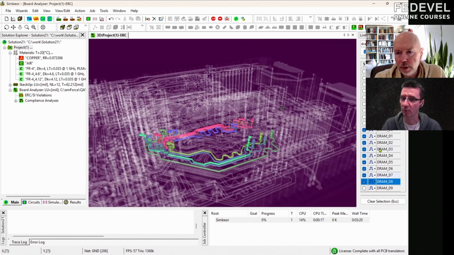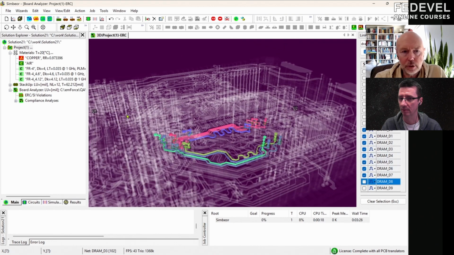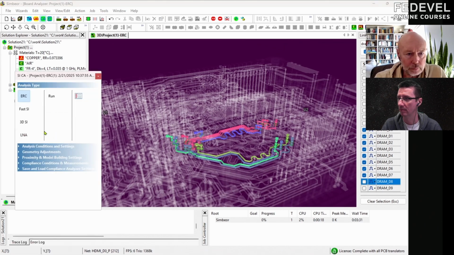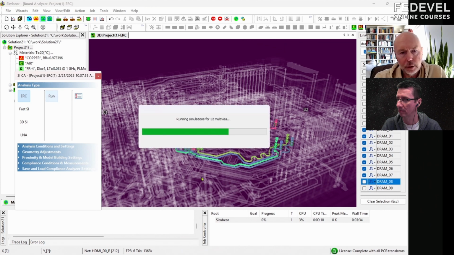So I selected just up one, to 7. You can just up to 7 go. Up to 7, yes. One bank of this. And the first type of analysis is electrical rule checking. I click run, and